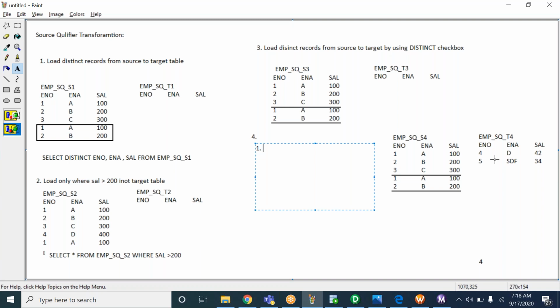Now before loading the data from source to target table, whatever records we already have, I don't want those records. I want to truncate the target table. Truncate means deleting all the records. I don't want these records in the target table before I load the data. Let's say manually we only insert some records like this in the target table first. But the requirement is, before loading the data into the target table, first truncate the target.